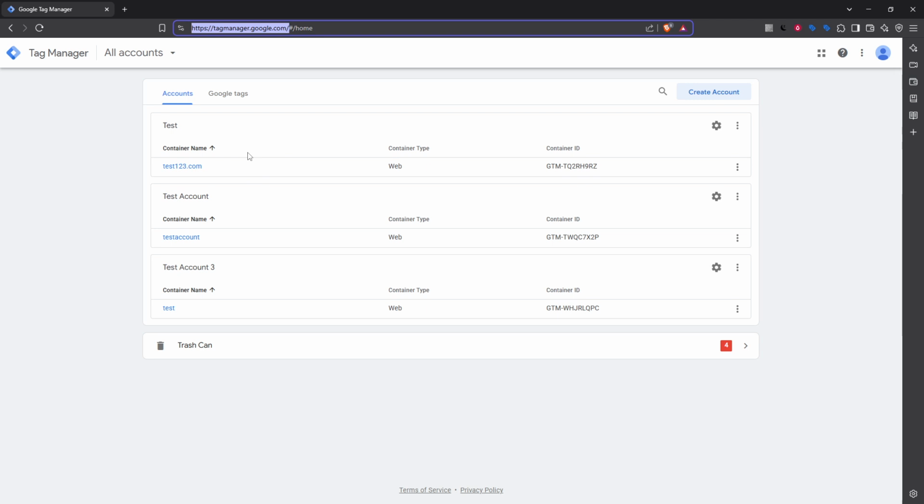Next in line is the container type. Typically this will read something like web container. The type helps you understand what kind of digital environment the container is meant to serve, whether it's web, apps,